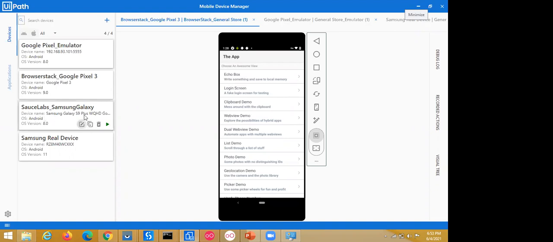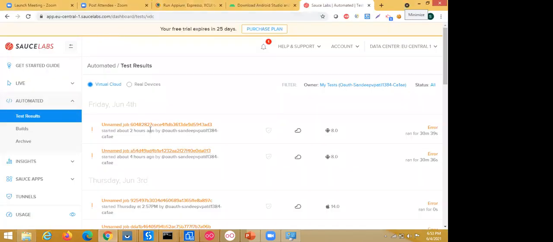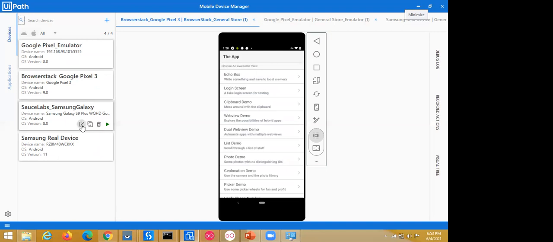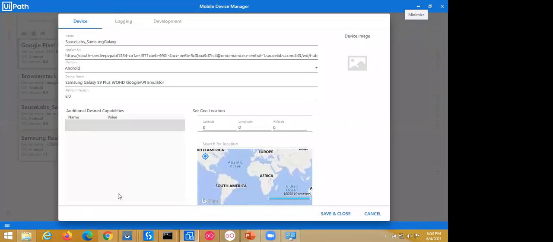Okay, so for Sauce Labs, it's the same as BrowserStack, but a little bit different. In Sauce Labs we don't need to enter the username and key in the desired capability, because everything is placed in their Appium URL.